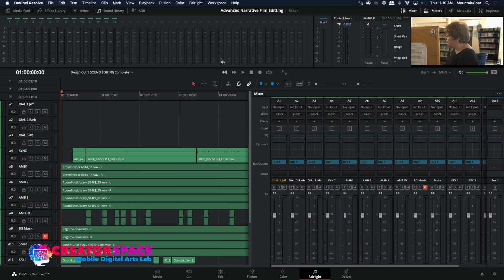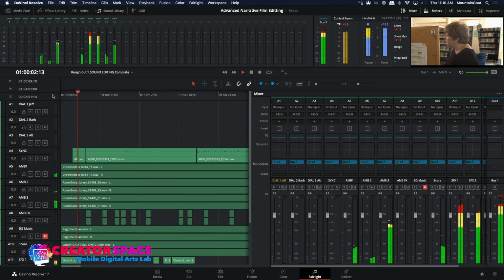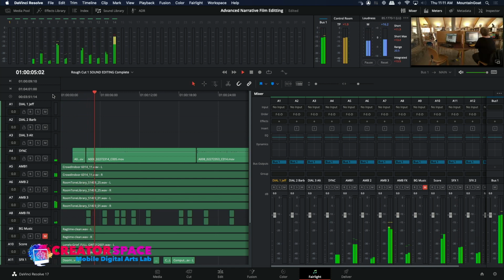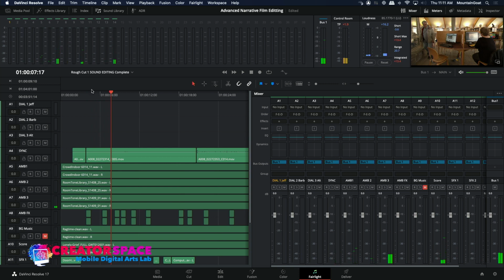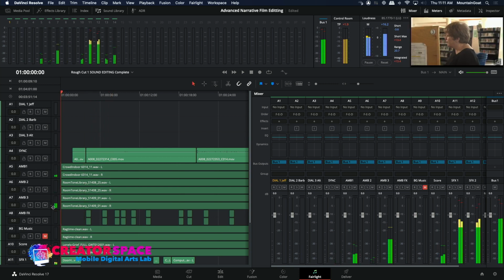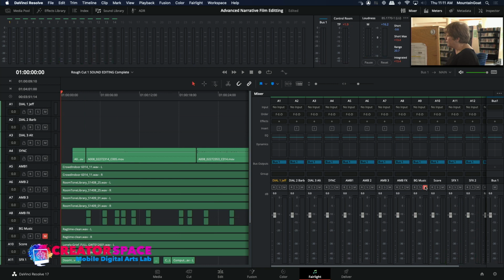And then what we can do is arm which ones are going to be in record mode. And up here, you'll see different levels. So watch now if I just play this back. You can see it's all pretty loud and nothing's mixed right now. We have this really loud door opening and all that kind of stuff. So here I've muted the background music. And then the other thing that I can do is